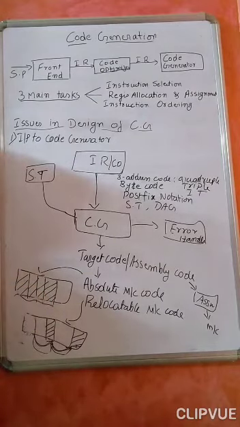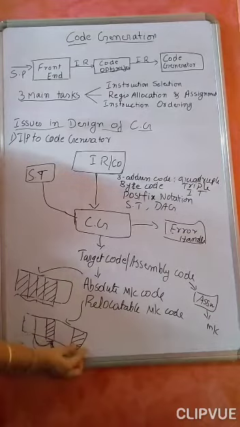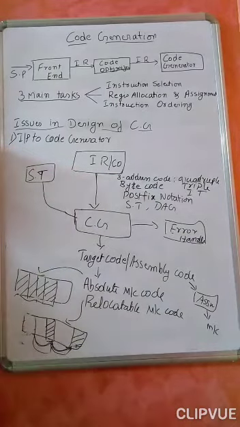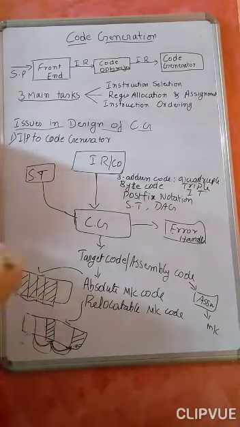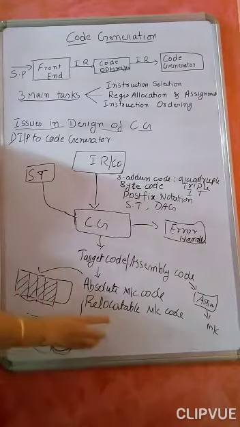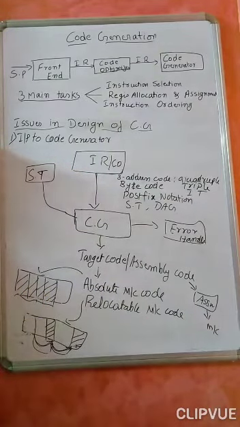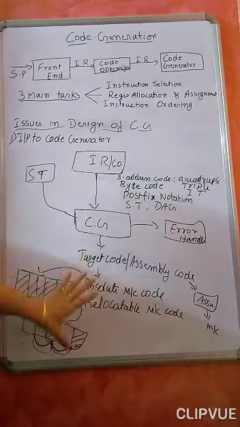So it is fixed. Okay. But in case of a relocatable machine code, suppose I am having a very big application, some sub problem is stored here, some module is stored here, some module is stored in a different memory location. If the execution of this module is over, I can use this memory for other applications also. So that is an advantage of relocatable machine code. So this is the output of your code generator.